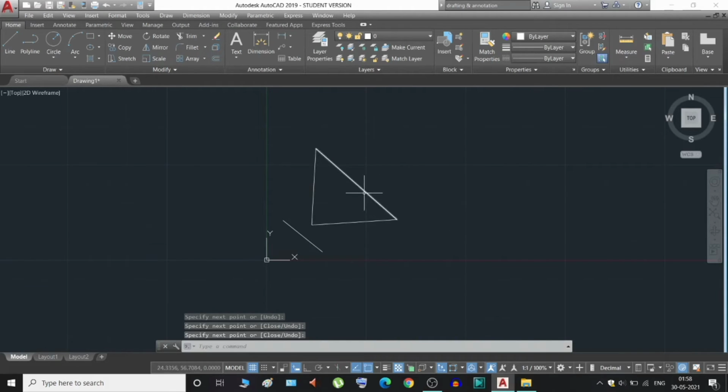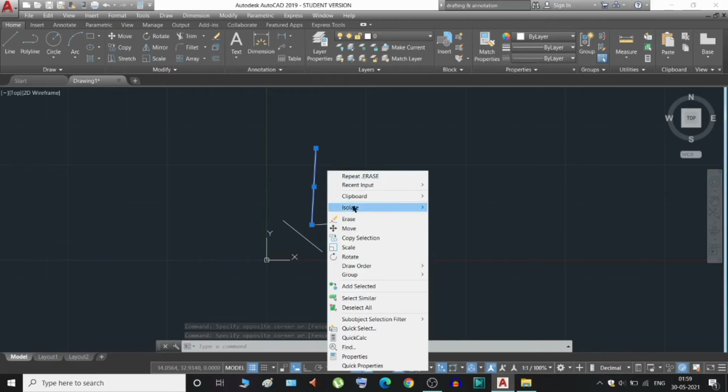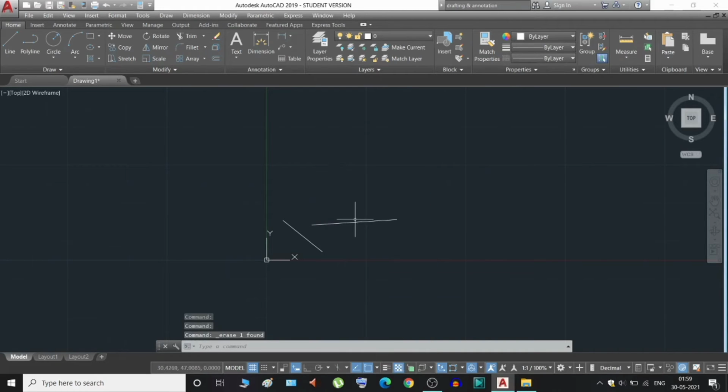To delete this particular section, you can either choose it and just press Del and enter. You'll be able to delete the line. In another way, if you select this line and then right click and just press erase, it will also delete the line.